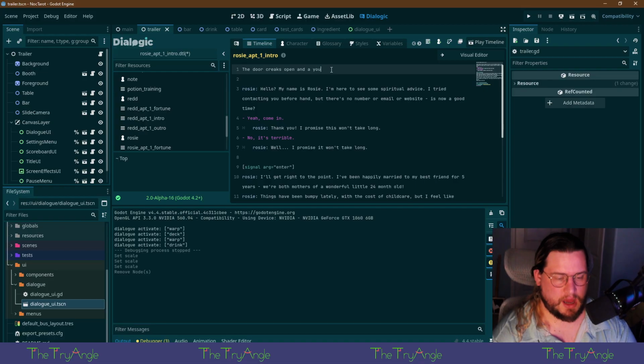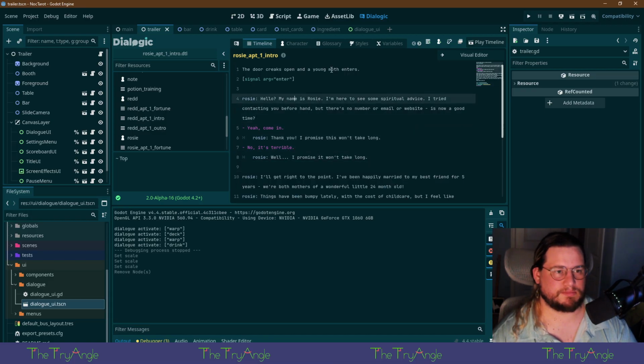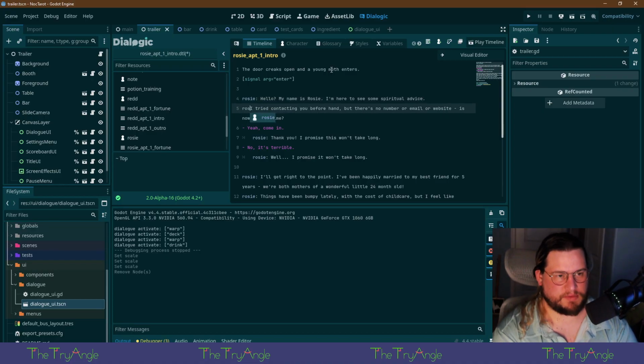A young moth enters. That's it. And now that she's actually standing in front of us, we probably don't have to rush introductions.